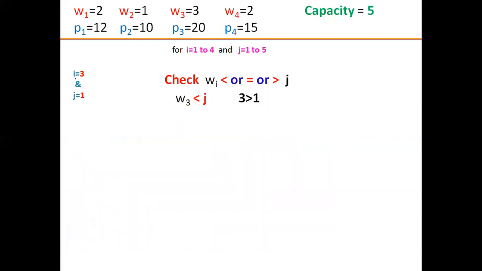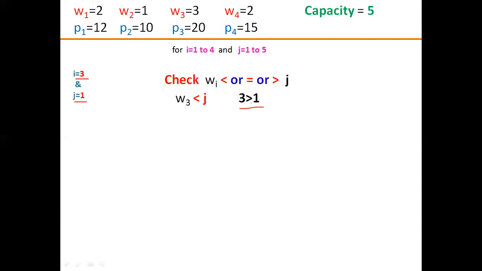So now here this is the third row. We need to check it for all the columns. Third row, all columns. In the third row, that is for W3, how much is W3? W3 is 3. Capacity is 1. Now, whether weight 3 is less than or equal to capacity 1? No. Is this equal? No. Weight 3 is greater than the capacity of my bag.